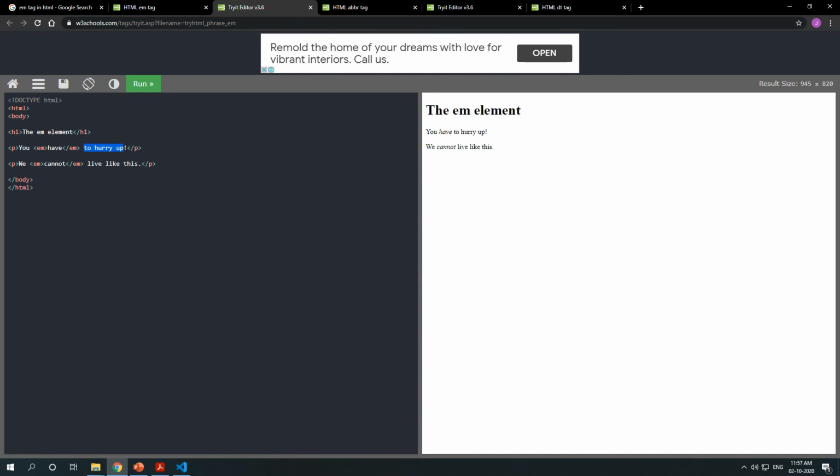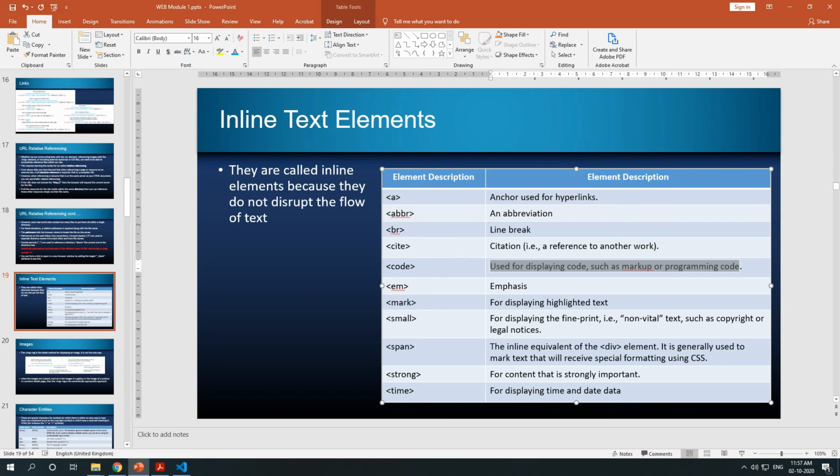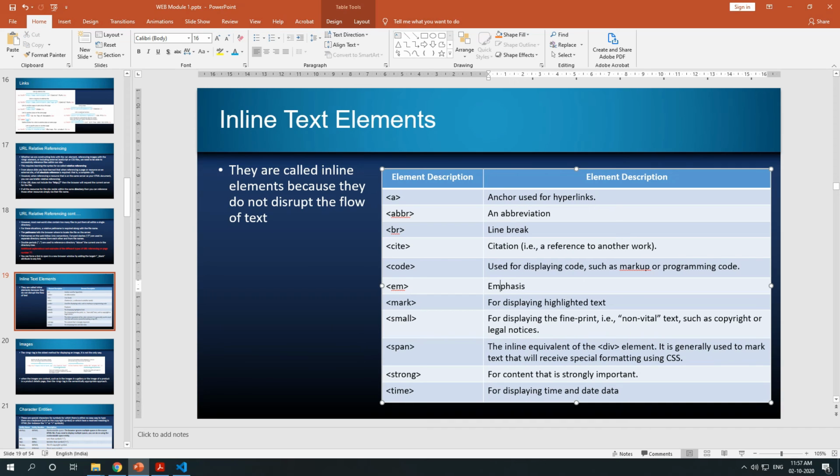The word "have" is in italic. So it gives emphasis, a force, on that particular word. It is used to display a word with more stress. At that time you are using emphasis, em.